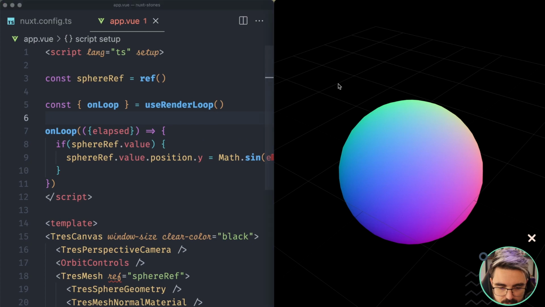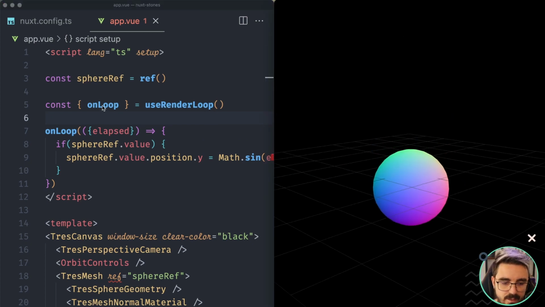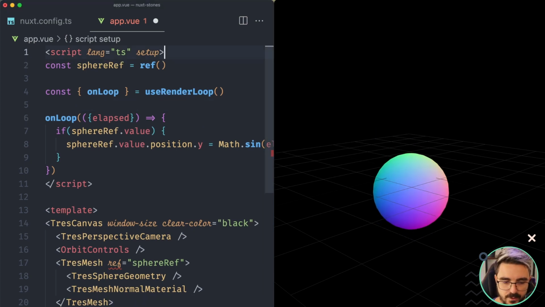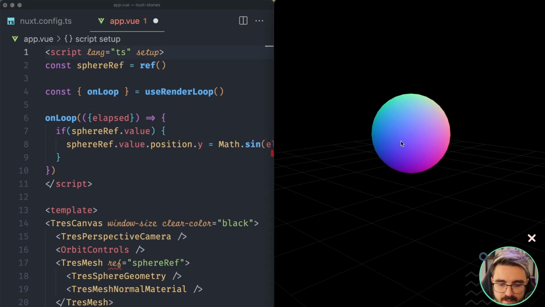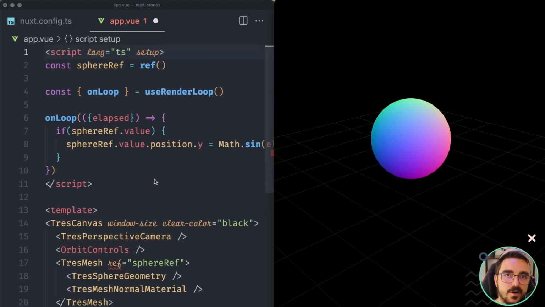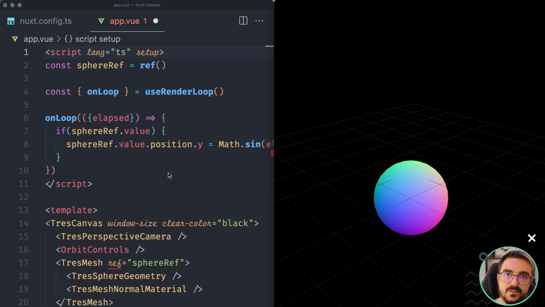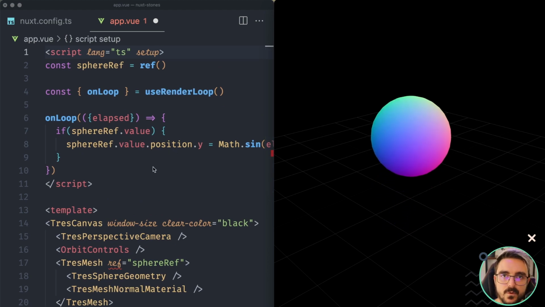Let's see if this actually works. So yeah, as easy as that, we are using a composable without having to import it. So we can animate the sphere right away. So you look how clean the components become. And that's one of the things that I like about Nuxt, that it makes it so enjoyable to work and everything